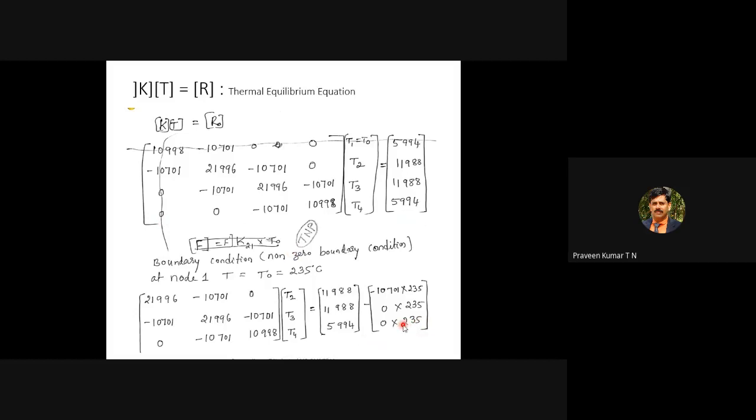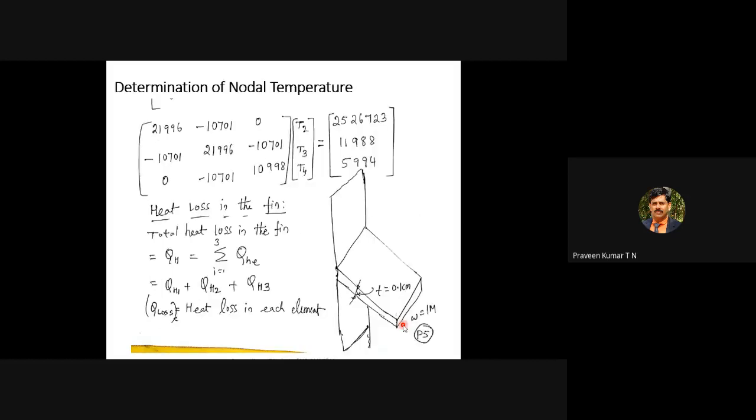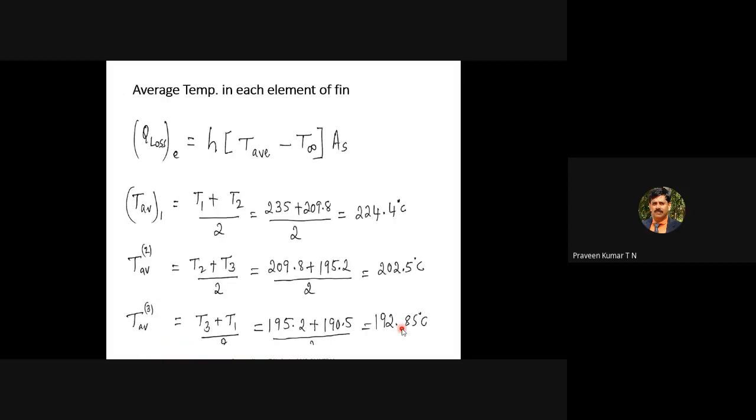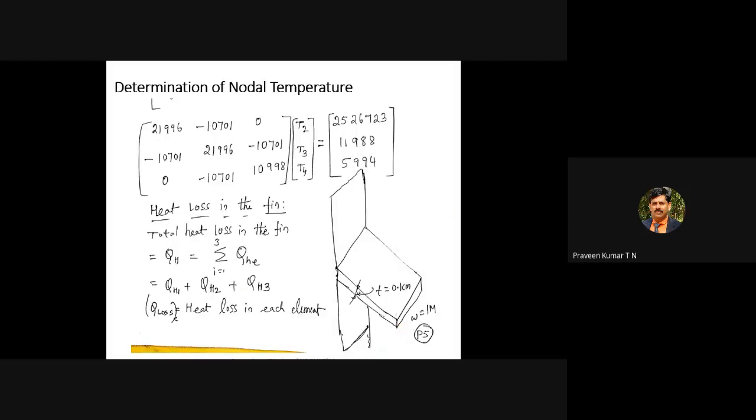So this part you have to be a little bit careful when you are applying the non-zero boundary condition, especially for heat transfer. Even though you are eliminating first row and first column, you have to modify the force vector appropriately. So now afterwards, you have to find out T1, T2, T3 by using your calculator. We can find out T1, T2, T3. I think I forgot to put the values of T1, T2, T3. So now the question is, you have divided the complete fin into three equal parts.